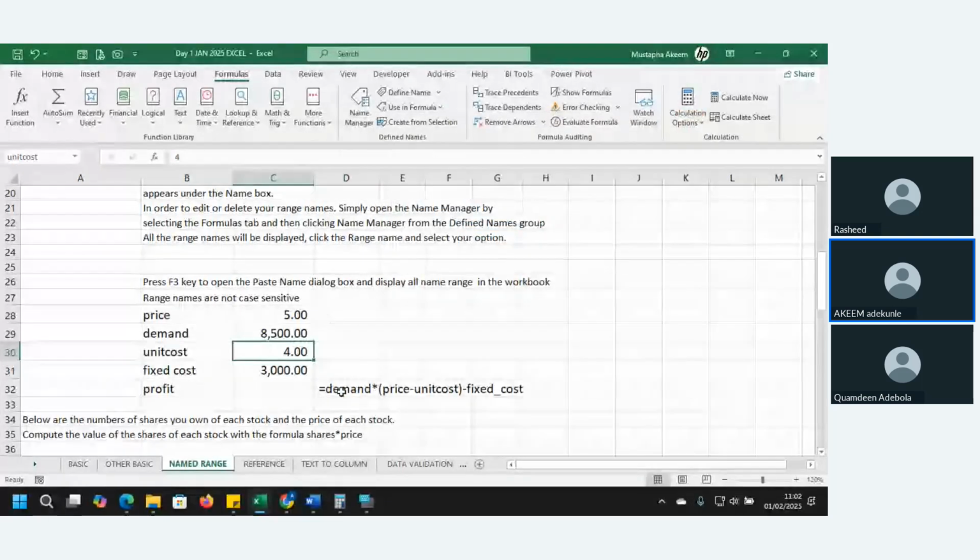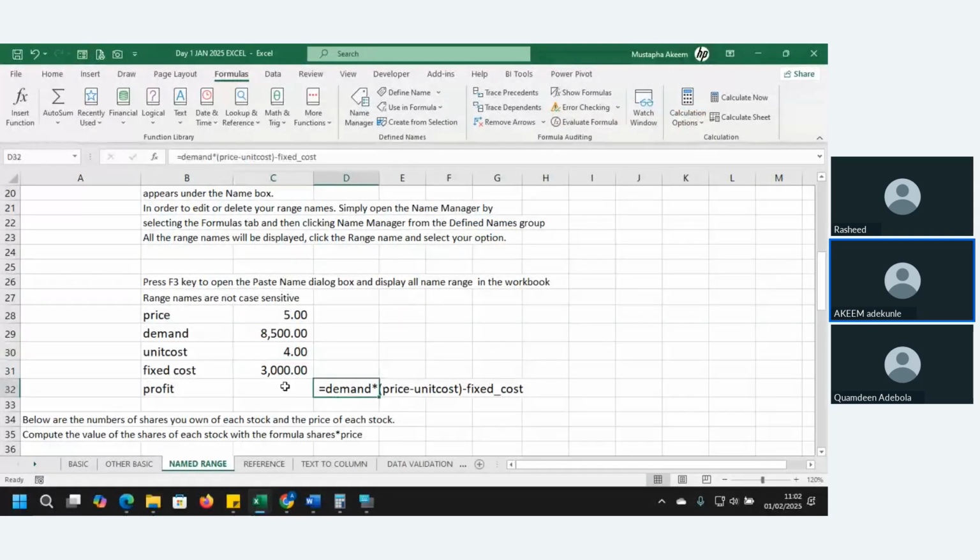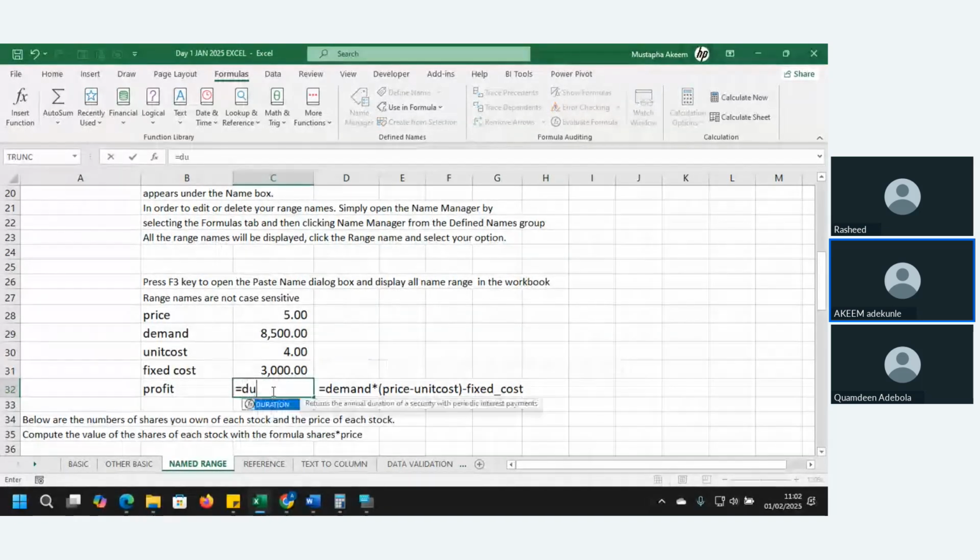And so with that, we have a formula here that we want to use. You can come here and say equals, and you can see equals demand.